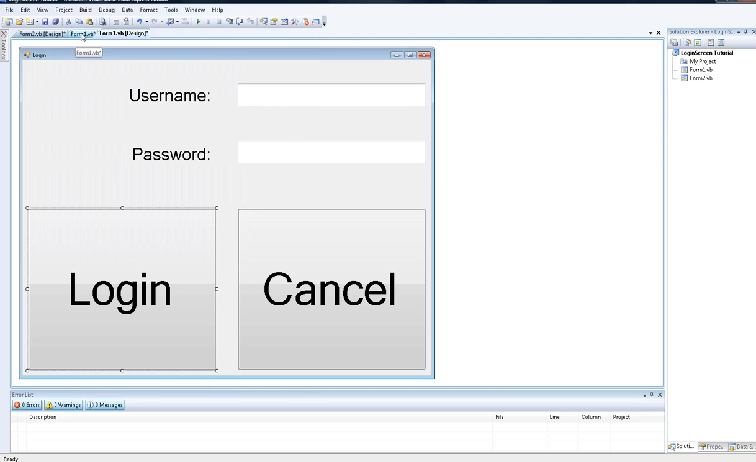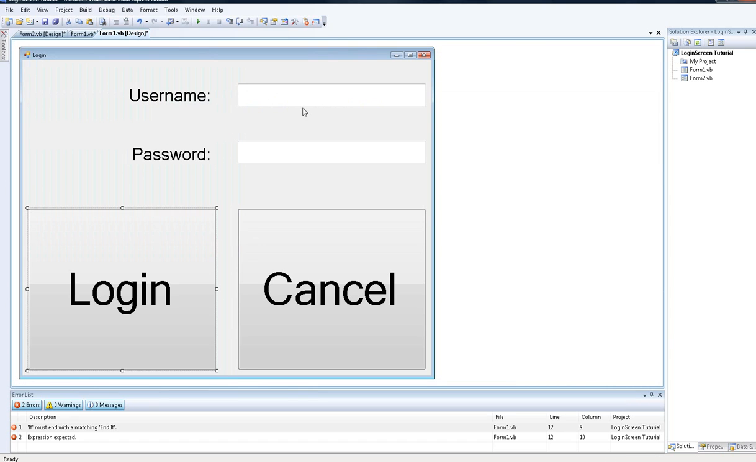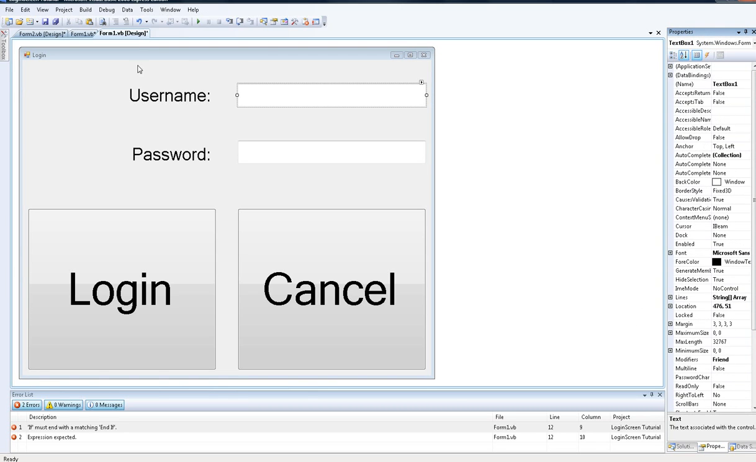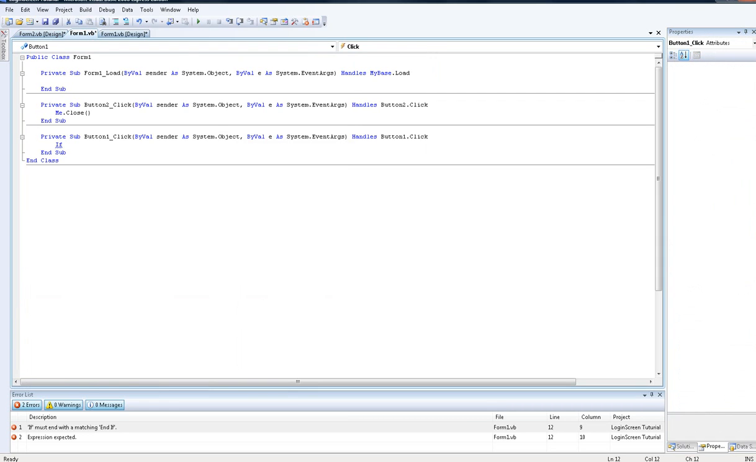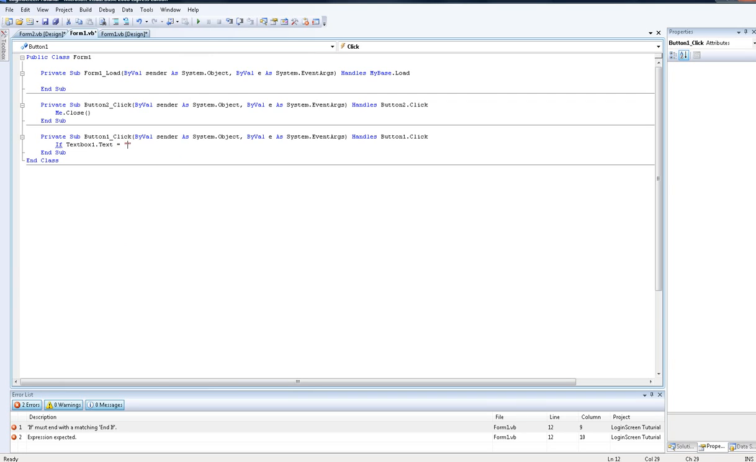Okay, what you're gonna do is you want to put if. Okay, this one's text box 1, hopefully. I think that one is text box 1. You can scroll up. Yeah, that's text box 1. Okay, username is text box 1. If text box 1 dot text equals, and then at the username I'm gonna put test, and it's case sensitive,